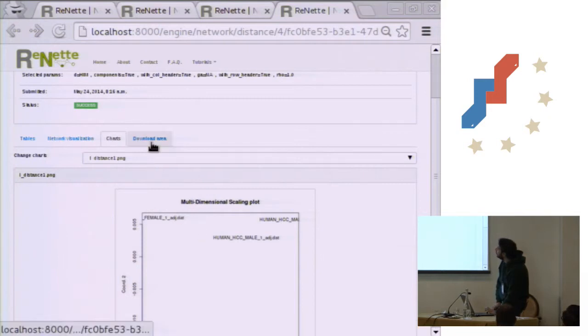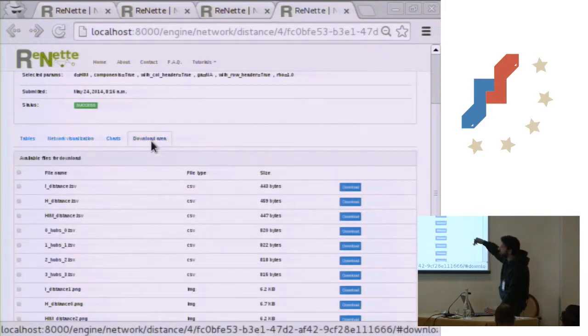I can see all types of charts, or a download area where I can download the results. All these files are stored in the DB by the Celery task that at the end of the process stores the files of the results into the DB